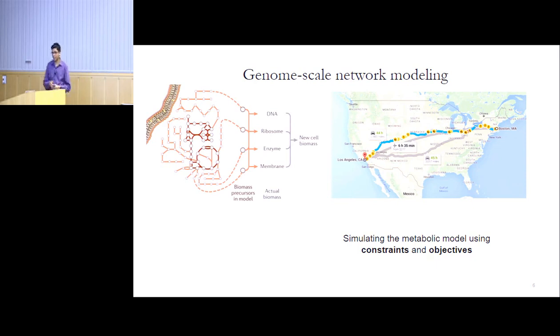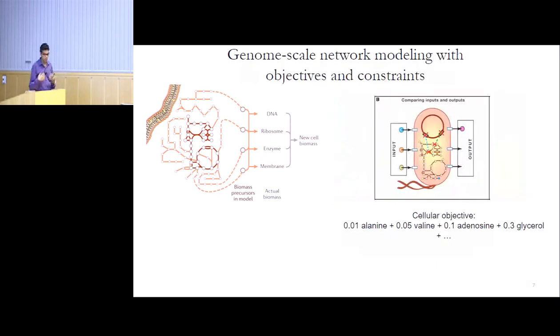Similarly, in a metabolic map, we can use similar ideas to identify optimal metabolic states of a cell. Just like in Google Maps, you have an objective. For a cell, you can imagine the objective would be to produce more of itself. You can write this objective quantitatively. A typical bacterium needs to produce various amino acids, nucleotides, and lipids, and it needs to produce them in a proper proportion to produce more of itself.